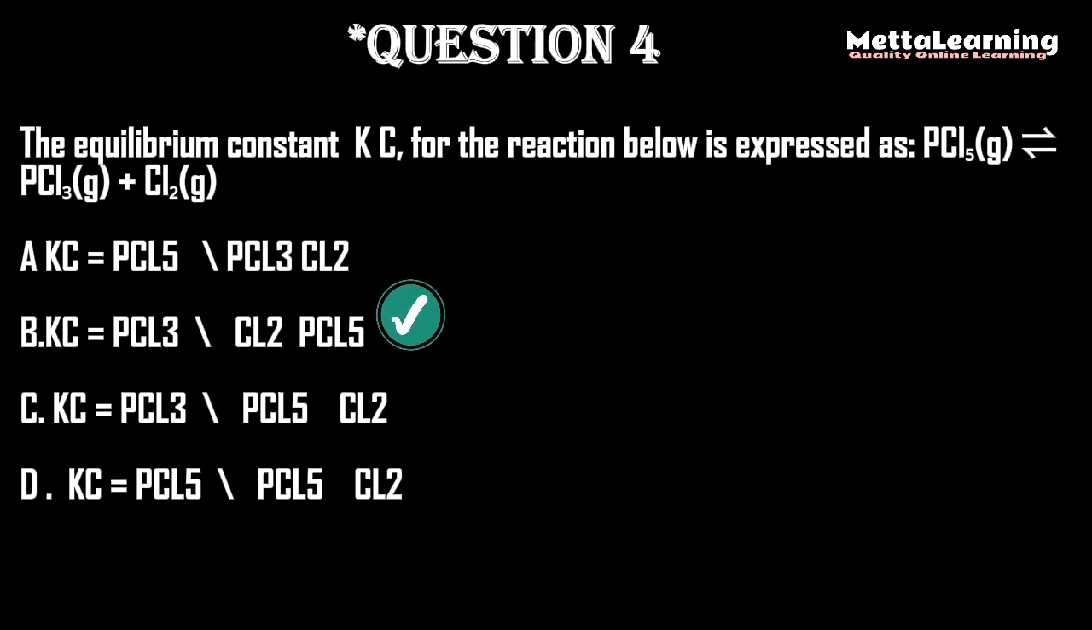This is because the equilibrium constant expression for a reaction is based on the concentration of the products divided by the concentration of the reactants, with each raised to the power of their coefficients in the balanced equation. Here, PCl3 and Cl2 are the products, and PCl5 is the reactant. So, the equilibrium constant therefore is given as Kc equals PCl3 Cl2 all divided by